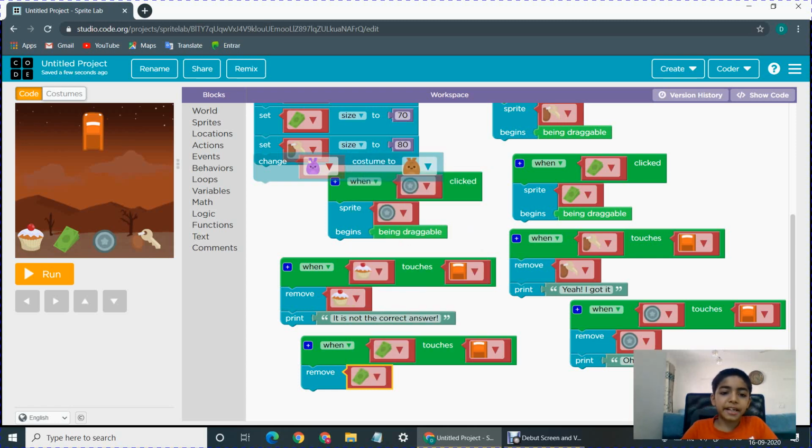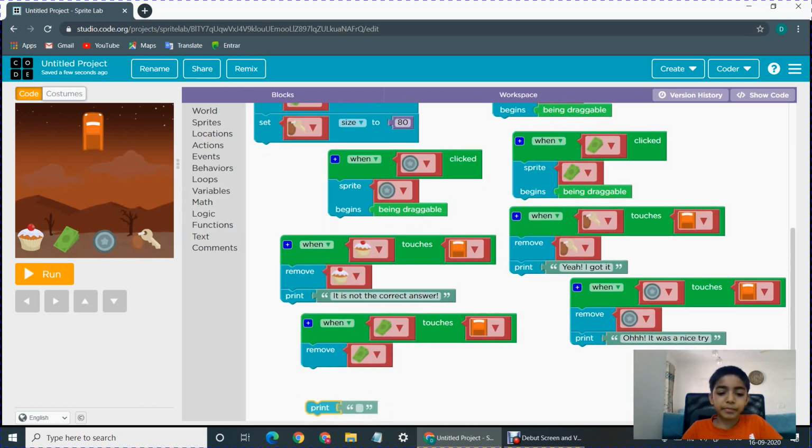Then the money sprite would get removed, and then again it has to say something. So it will say, is not the answer. Okay,